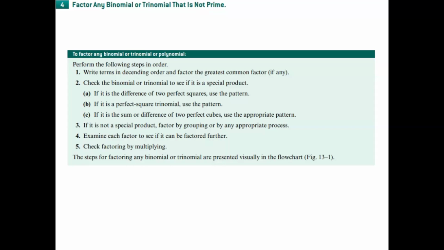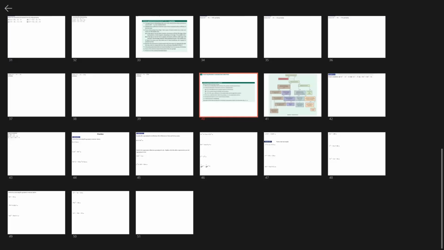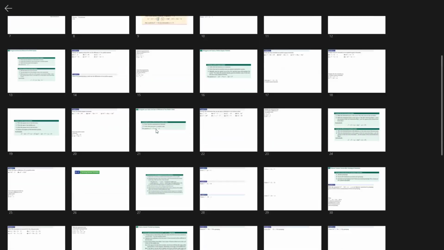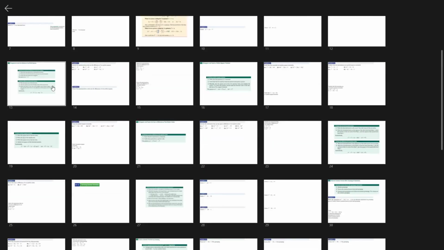Okay, so first of all, we need to write terms in descending order, from greatest to lowest, right? And factor out any greatest common factor if it is possible. Then we check for formulas we learned. And now let's go through those formulas. So the first formula